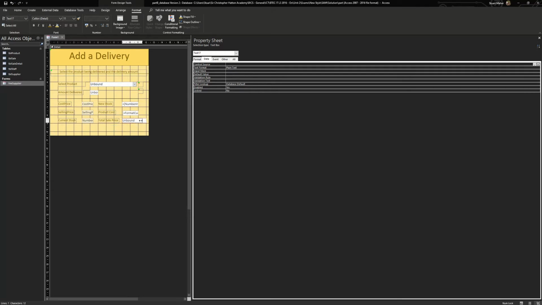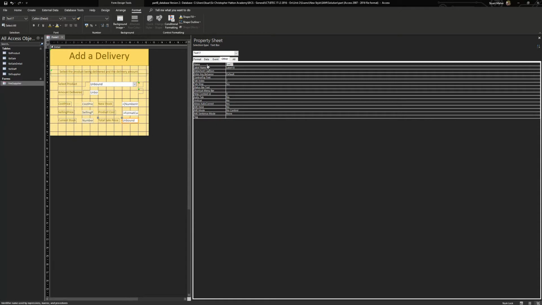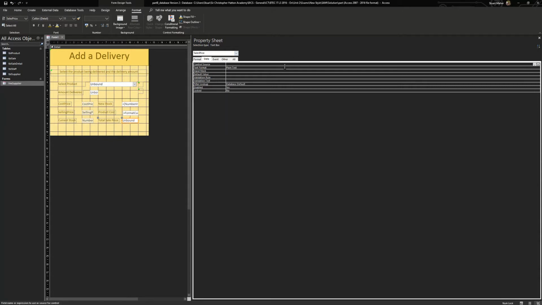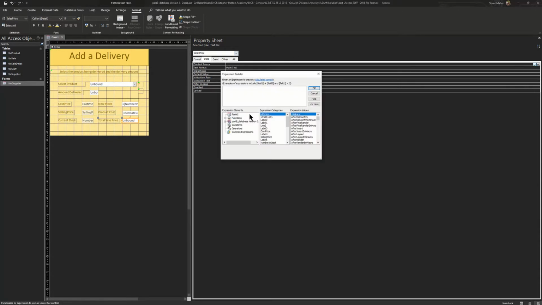And let's pull that in. Sales price, and that's going to be again equals format currency,